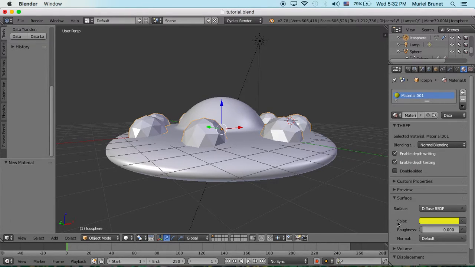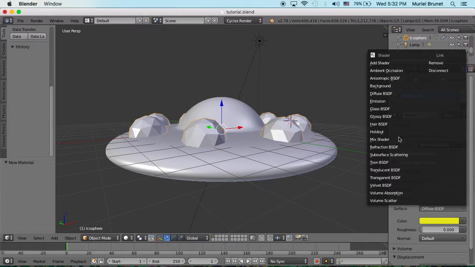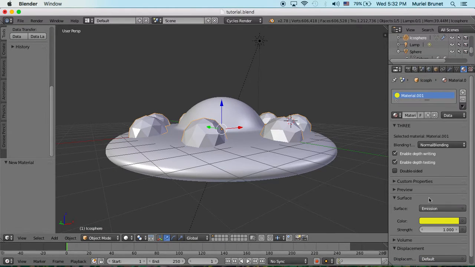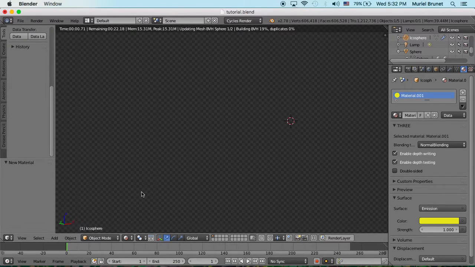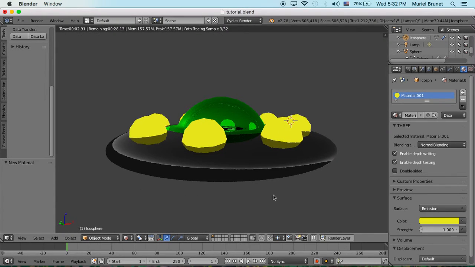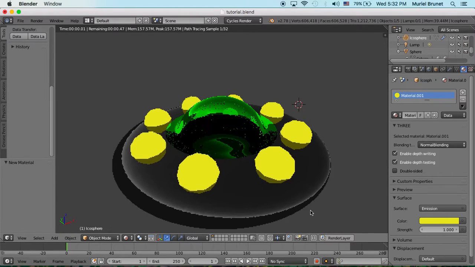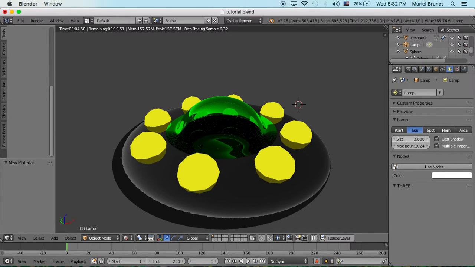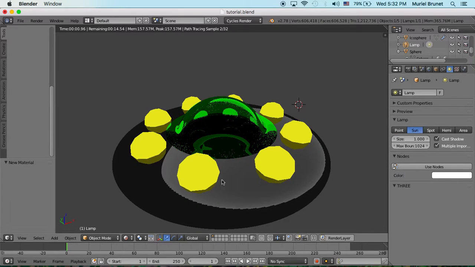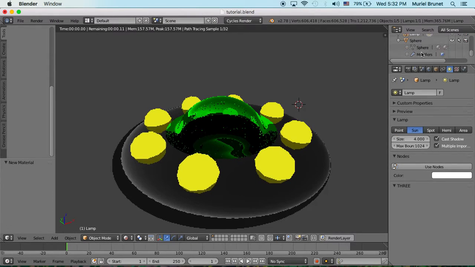There's a couple ways you can do this. One of them is to select emission, and that means that this material will now emit light, so it's much more obvious in rendered mode. So if we change the strength of this light here back to 1, you can see that it's kind of emitting light. It's not very obvious. But I'm going to change this back to 4,